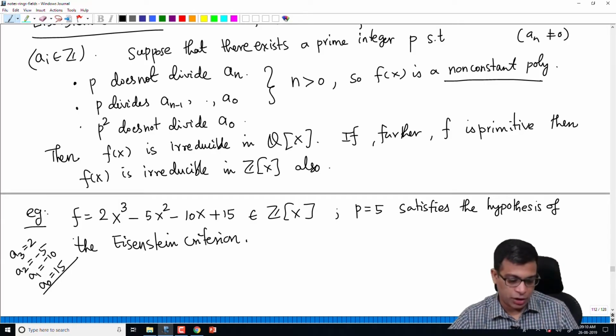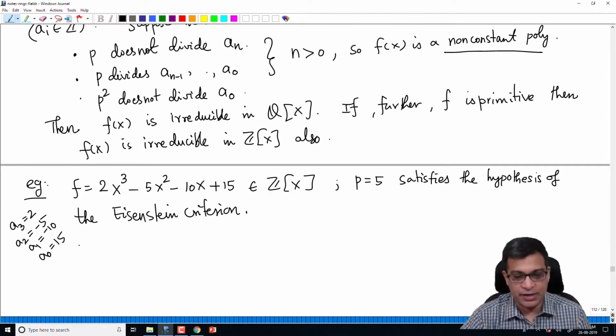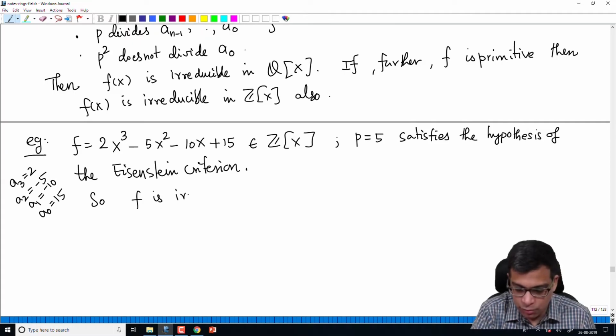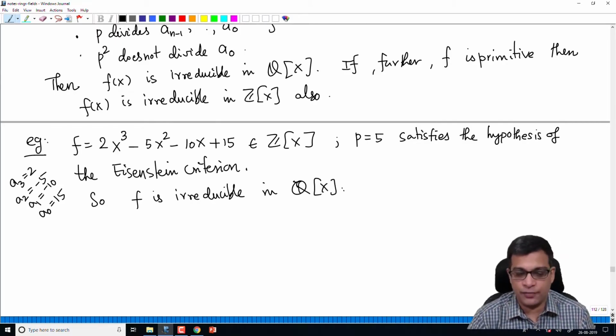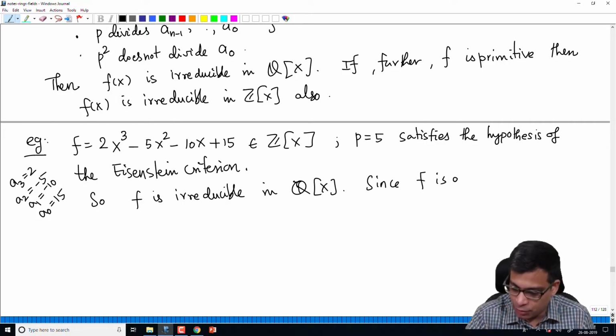So 5 does not divide 2, 5 divides minus 5, 5 divides minus 10, 5 divides 15, and 5 squared, which is 25, does not divide 15. So we conclude that f is irreducible in Q[x]. This is the conclusion of the Eisenstein criterion. Since f is also primitive,